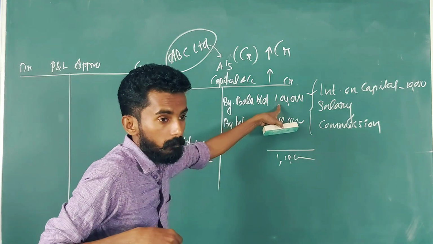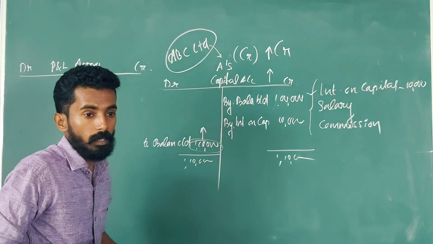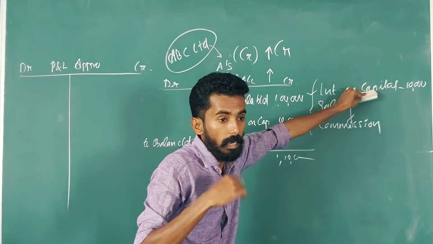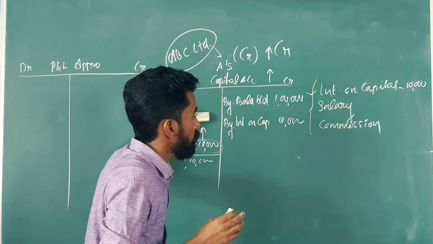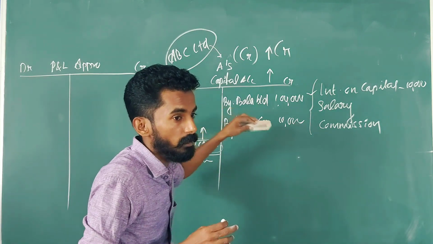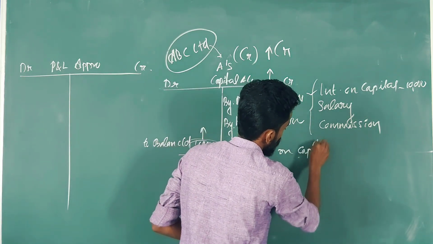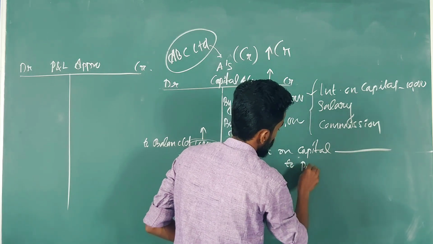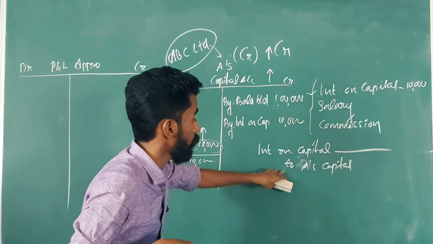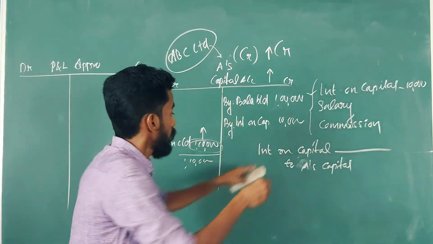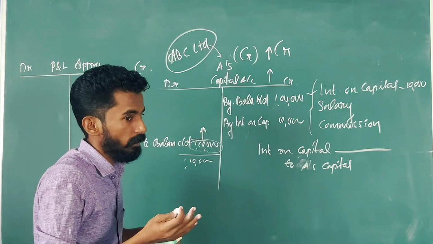What was the opening capital? 1 lakh. Now what is the closing capital? 110. Capital is increasing. Because of interest on capital, partners' capital balance is going to increase. What is the opening journal entry then? Interest on capital account debtor to partners' capital. Very good, to partners. Here A is there, so directly I can write A's capital account. Partner is A. I am going to credit that 10,000 rupees in A's capital account, so automatically A's capital balance will increase. Ready? Now closing entry.